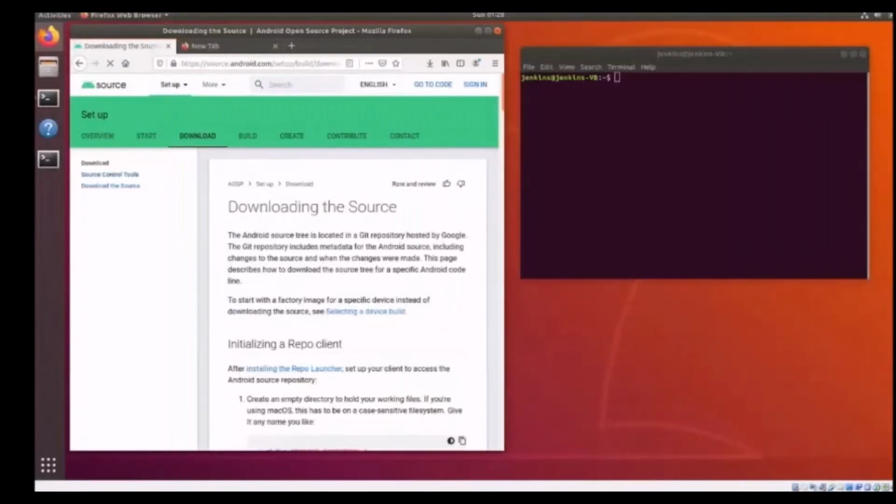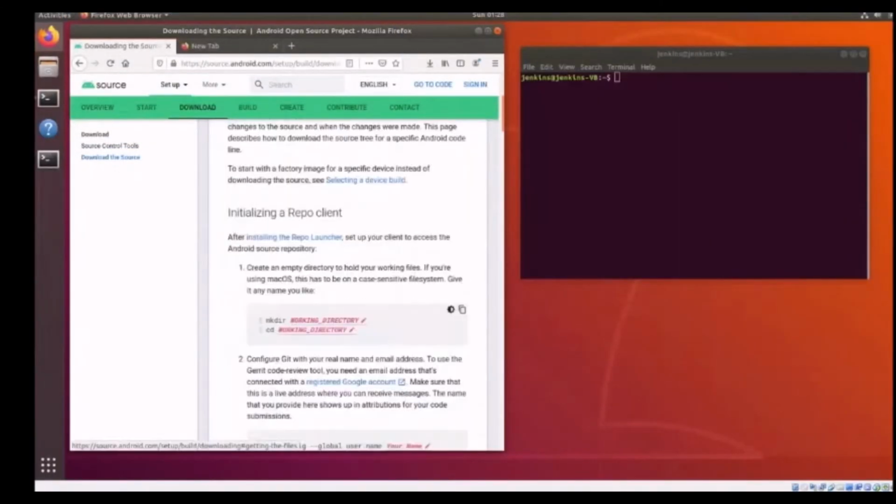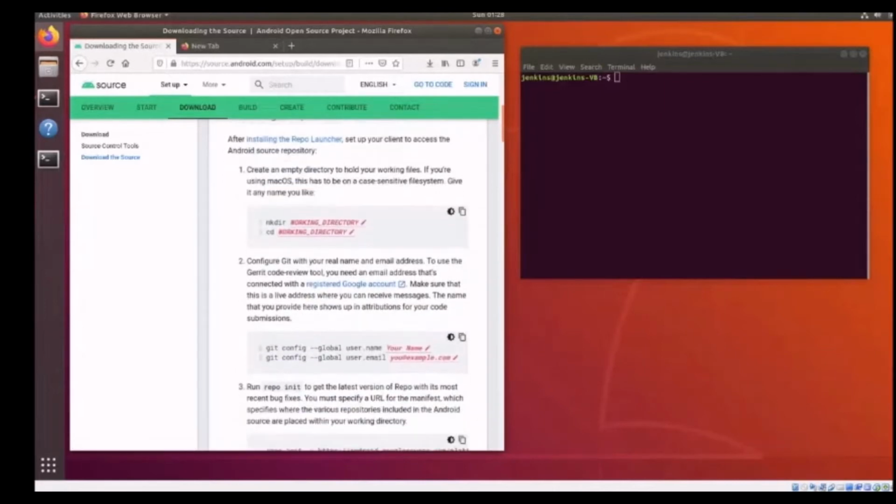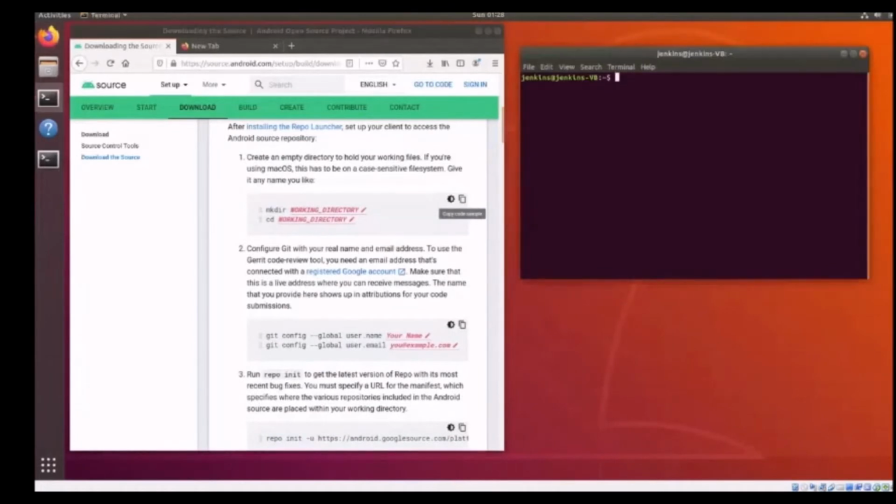Section 4, initialize repo and checkout source, AOSP build. Once the VM is up after reboot, we just navigate to the AOSP web page, click setup tab, download the source, and in this section, we will find all the needed commands to initialize the repo.